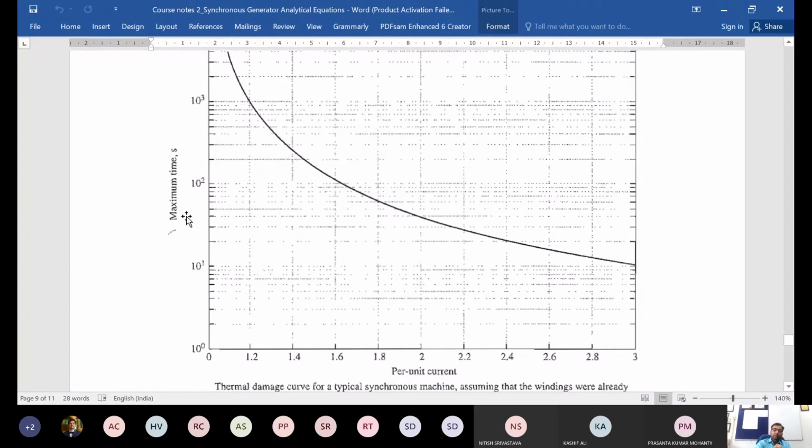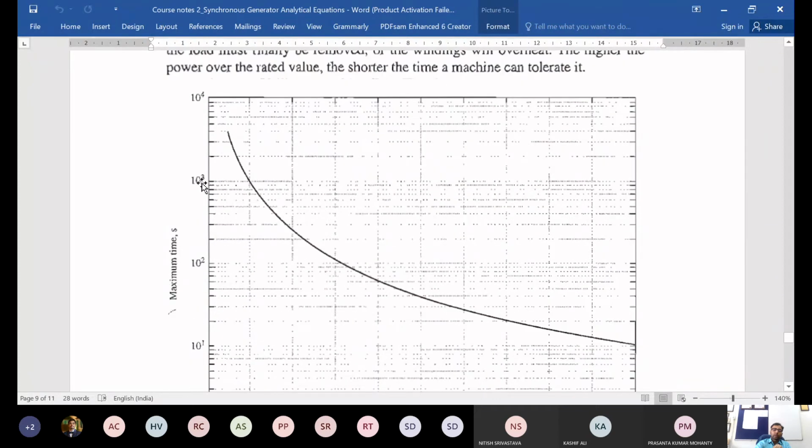Then after the next major unit, from 10 it goes to 100, 10 to the power 2, then 10 to the power 3, 1000, and then 10 to the power 4, 10,000. And in between, let's say this is 100 because 10 to the power 2 is 100, and this is 10 to the power 3, 1000. In between also, if you see, it is a non-linear distribution because it is a logarithmic scale which we are